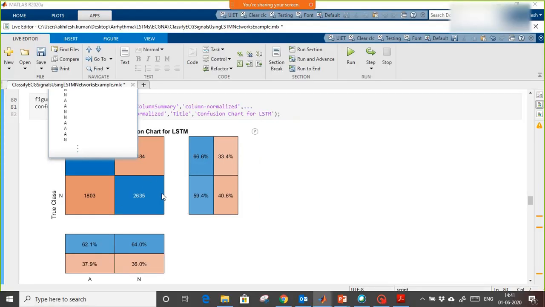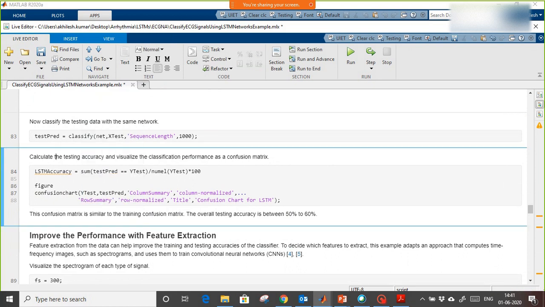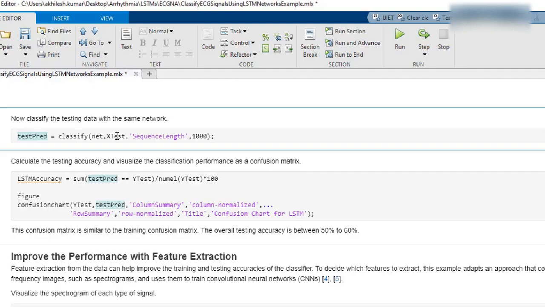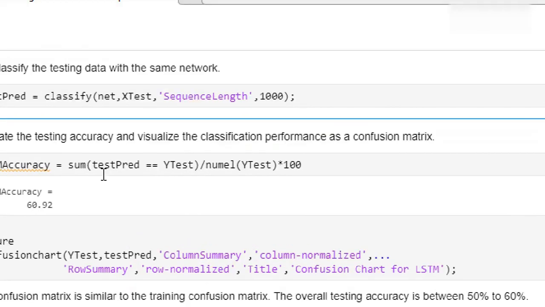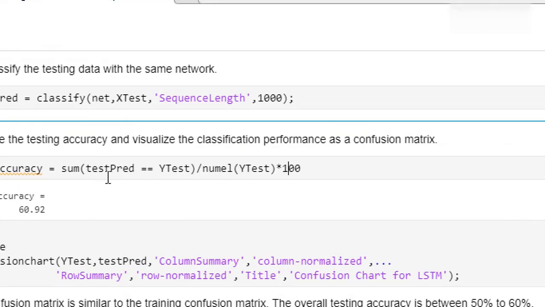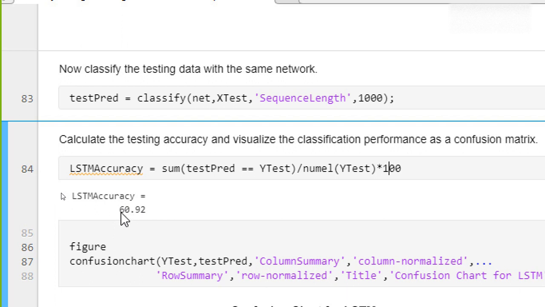Let's check for the testing data as well. When I run this, it will classify on the testing data, and we do the same thing: original output and predicted output, sum of it and divide by total number of samples times 100. In this case also 60% accuracy is coming.